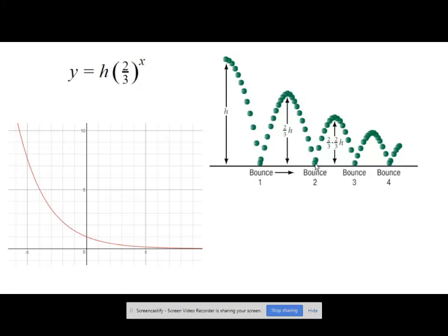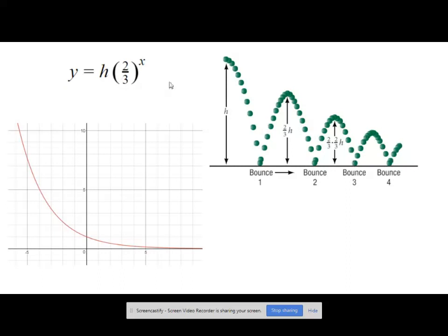After the next bounce, it's going to be 2/3 of 2/3 of the height. Remember, it's going to be 2/3 of whatever this was. And that's where we're going to see this repeated multiplication, 2/3 of 2/3 of the height. After bounce 3, it'd be 2/3 of 2/3 of 2/3. And we keep multiplying by 2/3. We keep taking 2/3 of the last height of the original height. So that to the x power tells us basically how many bounces there are, but it tells us how many times we're multiplying 2/3. 2/3 and 2/3 and 2/3 and 2/3 over and over again will tell us where this